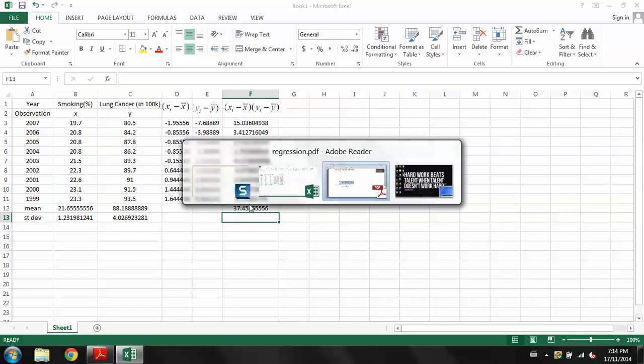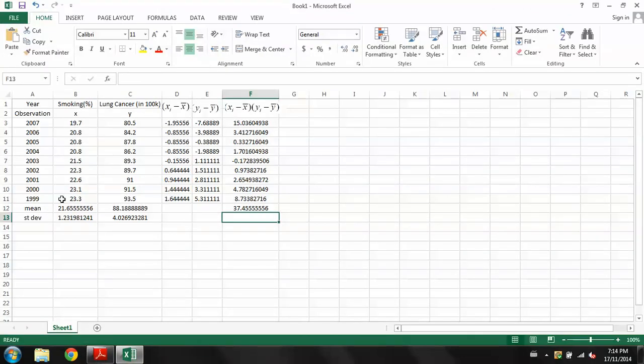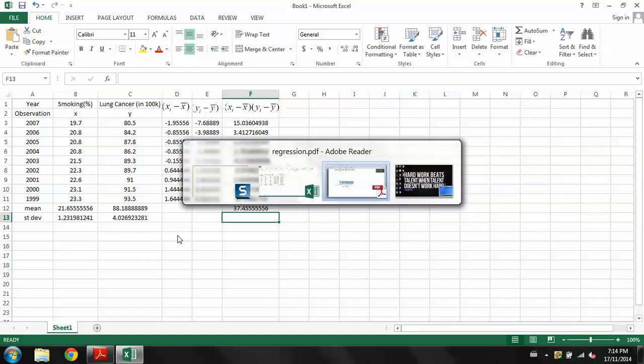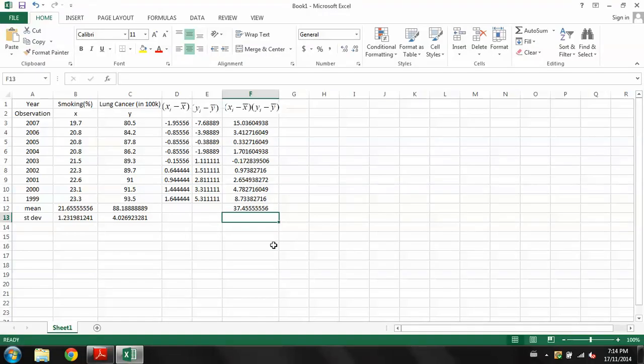N is the number of observations. If you count them, there are 9. So n minus 1 is 8. So we could say that